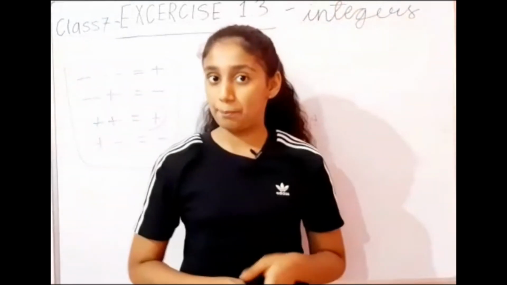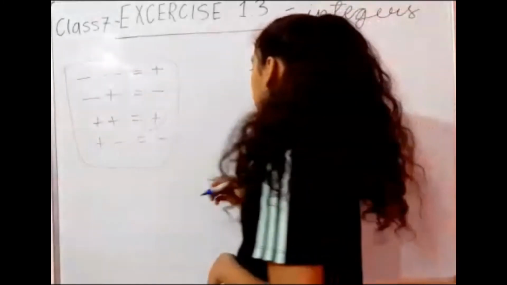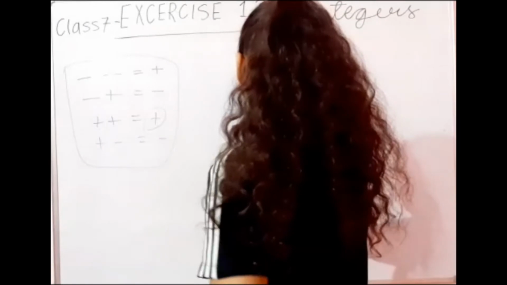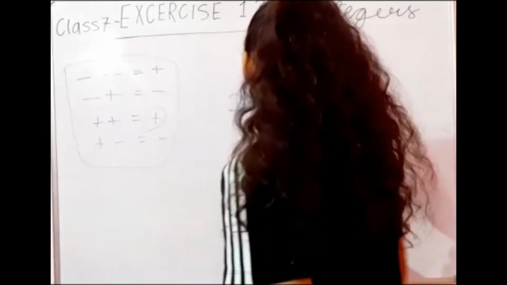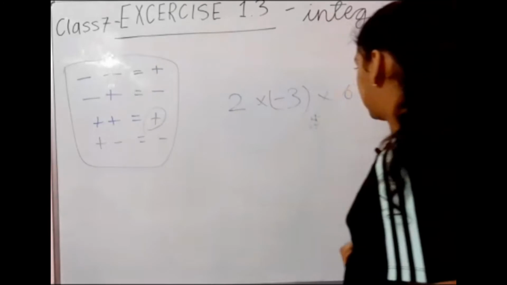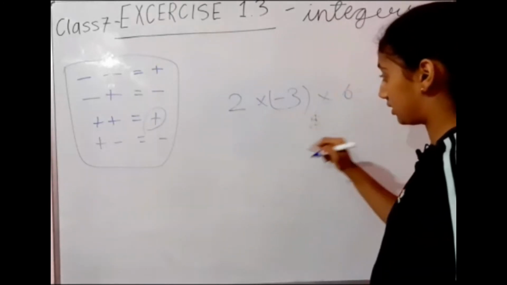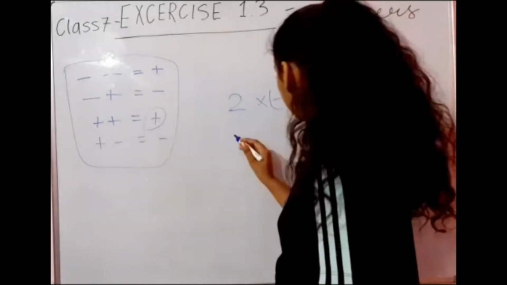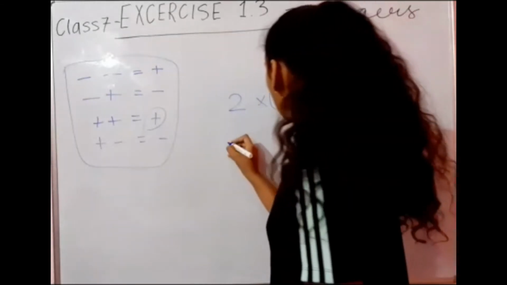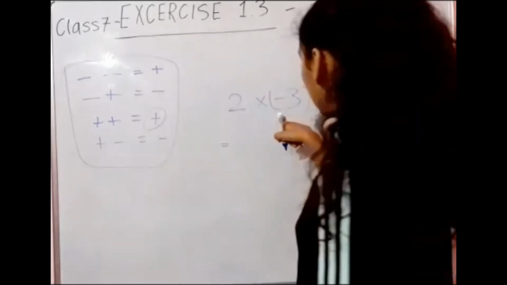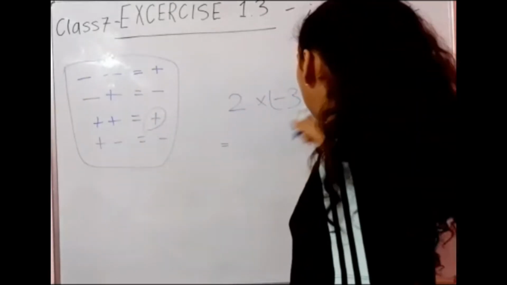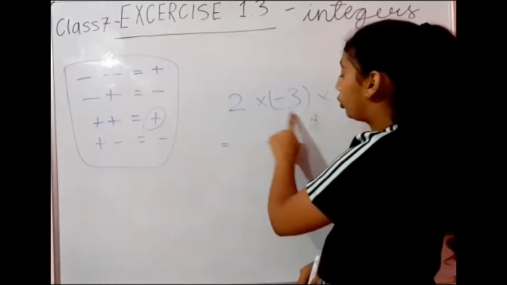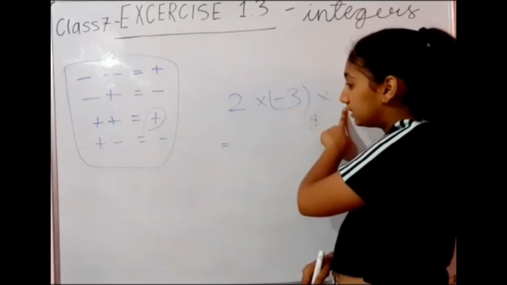So now let's take an example and understand this. Let me take 2 into minus 3 into 6. 2 3s are 6. Let's forget the signs and let's do 2 into 3 into 6. Now 2 3s is 6, 6 6 is